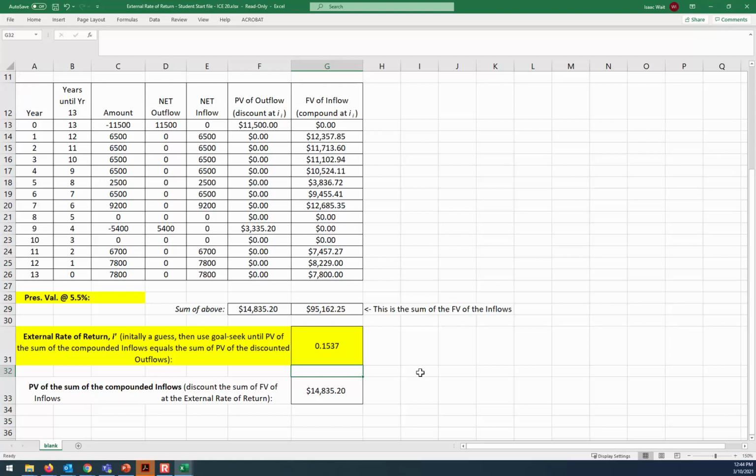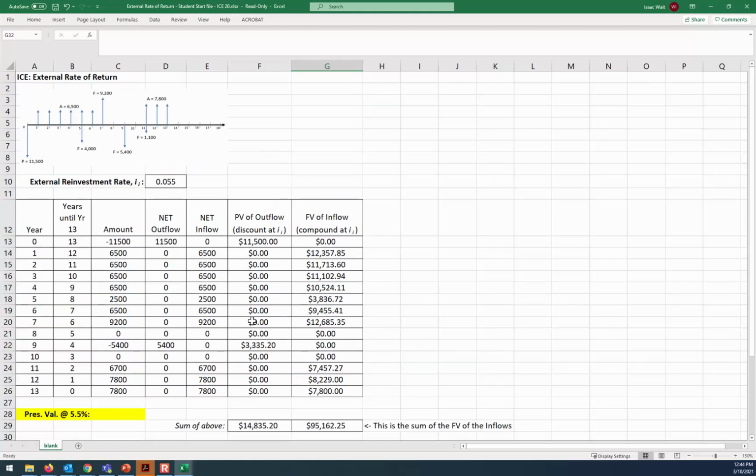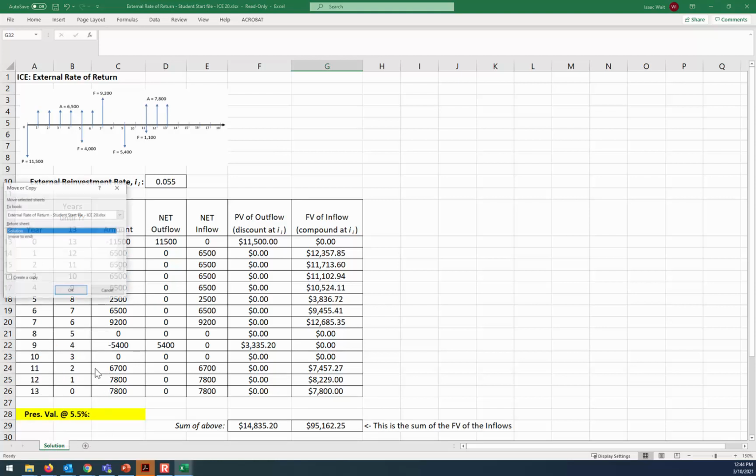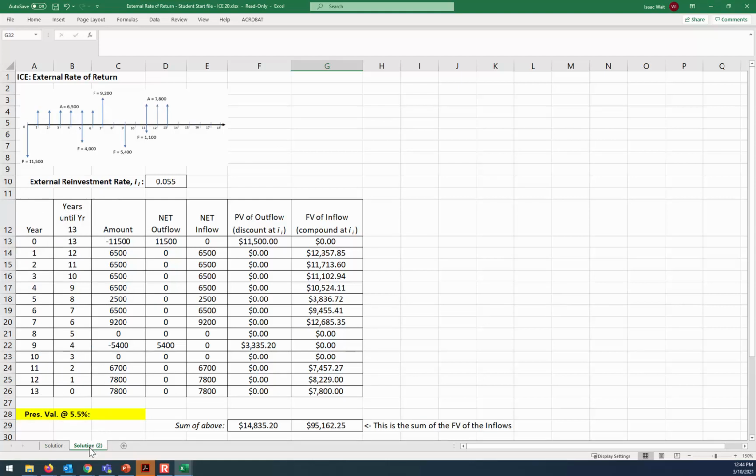If you delete all this and you go through the method again with the same data set, you know, I sent you this template file, delete everything, well, maybe copy it to a separate sheet. So here's the solution. If you want to create a copy, move or copy, let's create a copy, and I'll call this one practice again.